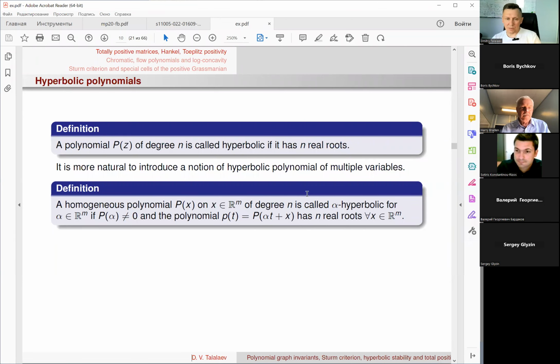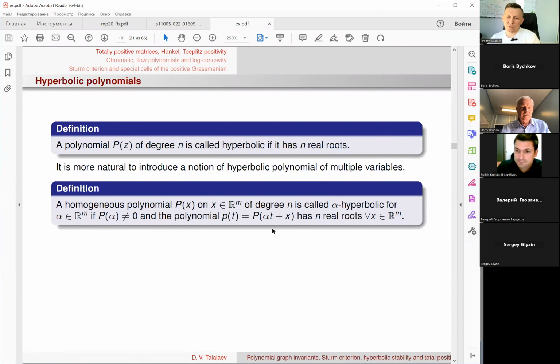The definition is the following: a homogeneous polynomial p of x, where x is a vector from the m-dimensional space, of degree n, is called alpha-hyperbolic for a vector alpha from the same space if p of alpha is not equal to 0, and